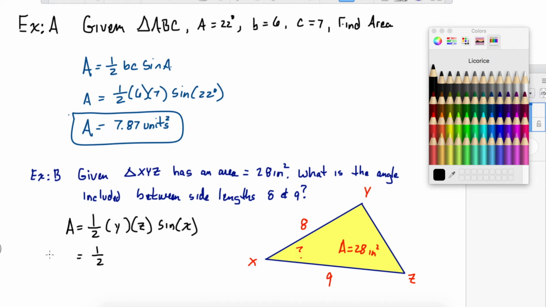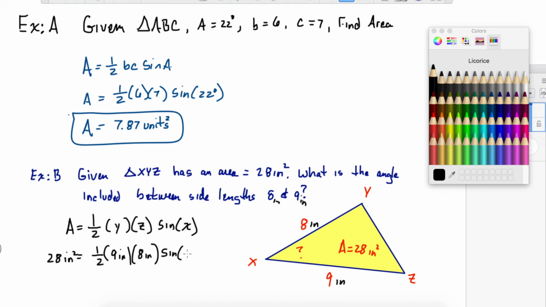So we know the area is 28. And we got 1/2, so 8 inches and 9 inches are our lengths. Probably should have said that in the beginning. We know we're going to put a unit on these lengths. So we got here 9 inches and 8 inches